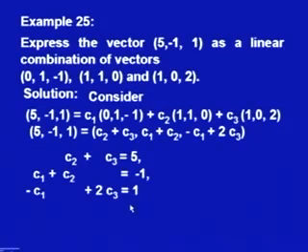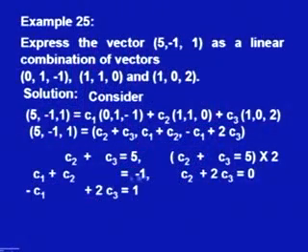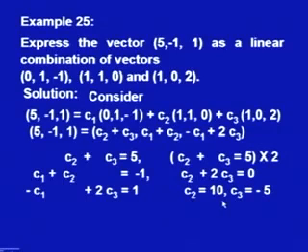In the earlier example, the things were simple and we could straight away get the constants, but in this case we are getting 3 equations to solve simultaneously. Now, to solve these 3 equations, one can observe that if you add these 2 equations, the first equation remains the same and the addition of these 2 equations gives rise to C2 plus 2C3 is equal to 0, and that means we will have 2 equations in 2 unknowns C2 and C3. So, to simplify it, if I multiply this equation by 2 and subtract, this and this will get cancelled